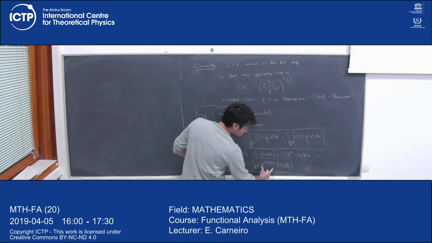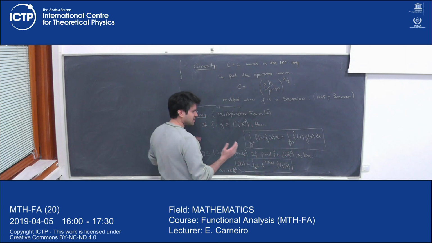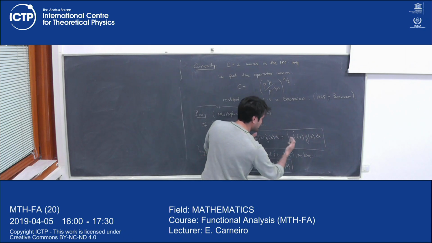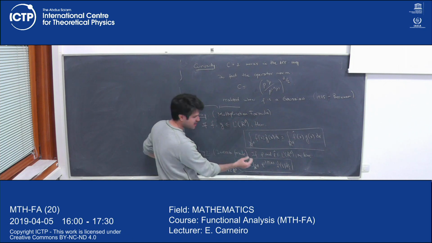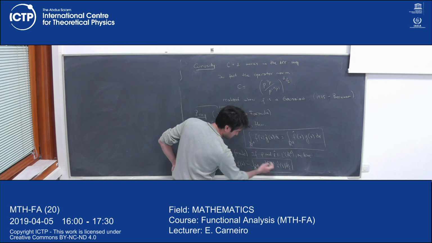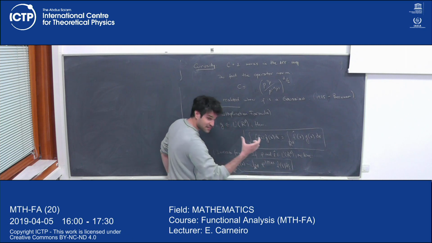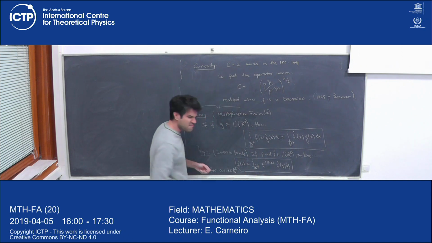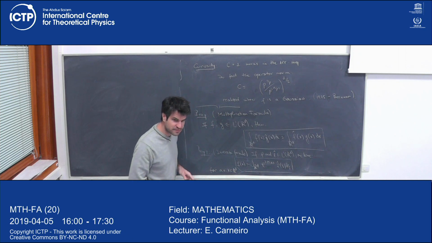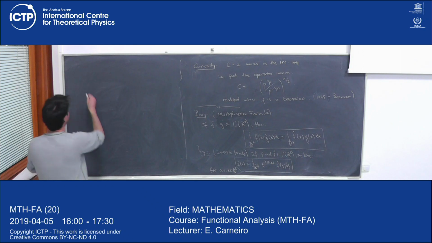The idea is to use this formula that I can move the hat between f and g, but only if f and g are integrable. So here I have f hat, which I'm assuming is integrable, but I have this crazy function here, which has absolute value 1, that is not integrable over R^d, right? So what's the idea? I force it to be integrable. Let us force it to be integrable. So let us define